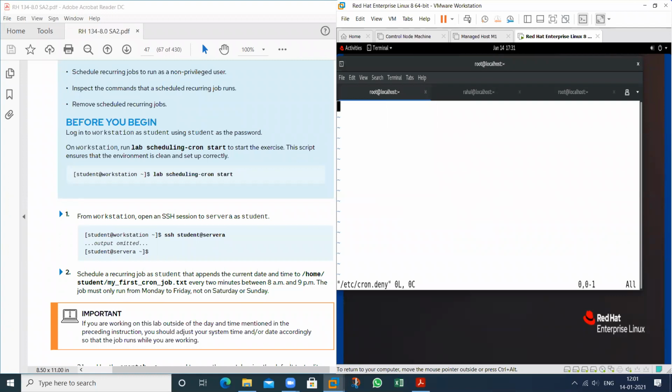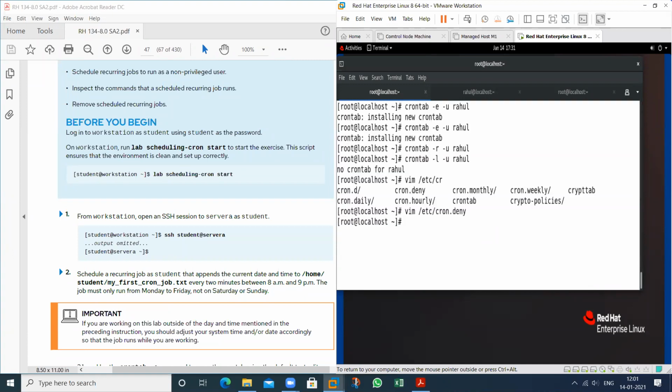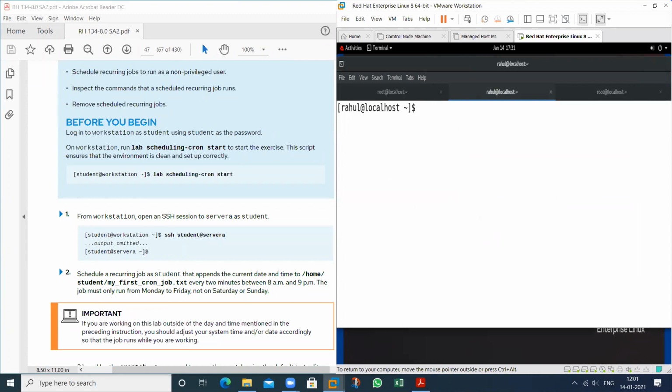By default, it's empty. Enter the name of that particular user. So type here I and the name of the user, then check again. Then restart the service: systemctl restart crond.service. Then check again, go to this location, and see whether this user is able to create or not.